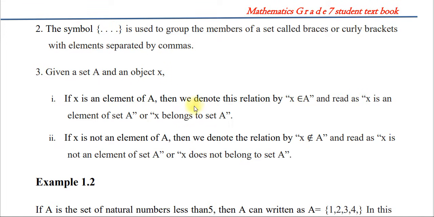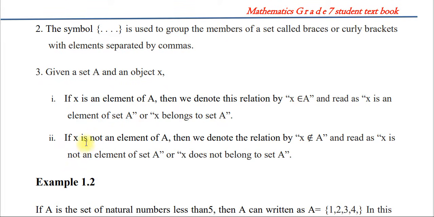And number 3, given a set A and an object x, if x is an element of A, then we denote this relation by x is an element of A. Okay, and read as x is an element of set A or x belongs to set A. ስለዚህ አሁን ሴት A የተባለ ሴት ቢኖር ወይም ስብስብ ቢኖር እና ኦብጀክት x ቢኖረን እንግዲህ ኦብጀክት x የሴት A ሜምበር ወይም ኤሌመንት ከሆነ እንዴት አድርገን መጻፍ እንችላለን? x is an element of A ብለን ኤክስፕረስ ማድረግ እንችላለን ማለት ነው። እንዴት ነው የምናነበው? x is an element of set A or x belongs to set A ብለን መግለጽ እንችላለን ማለት ነው በቀላሉ።